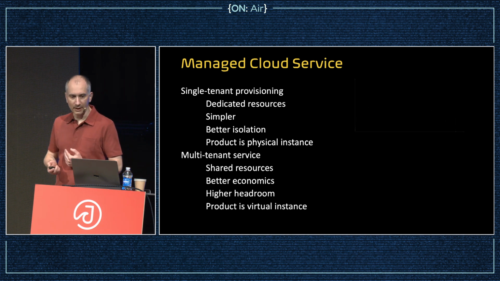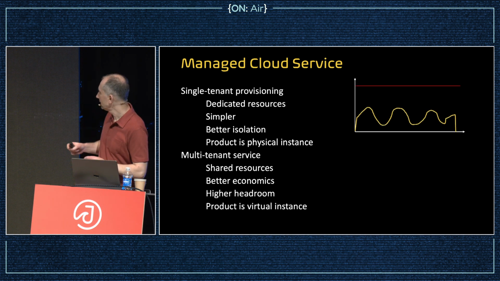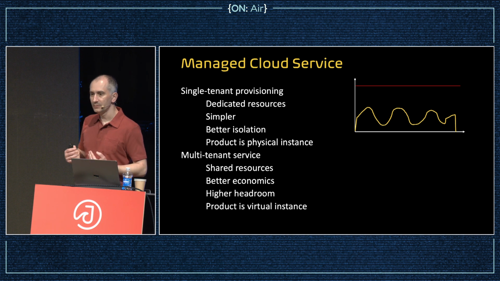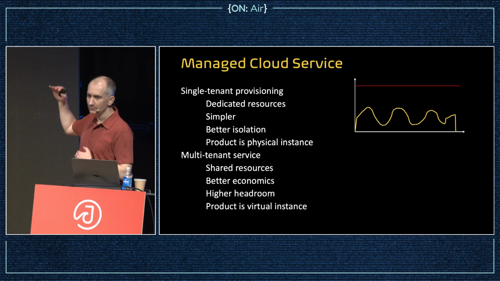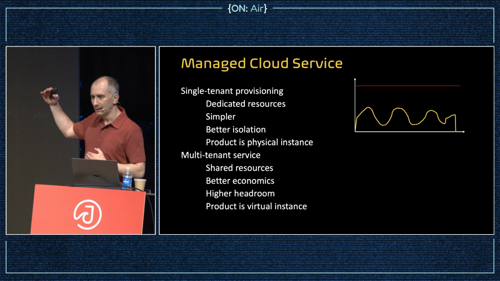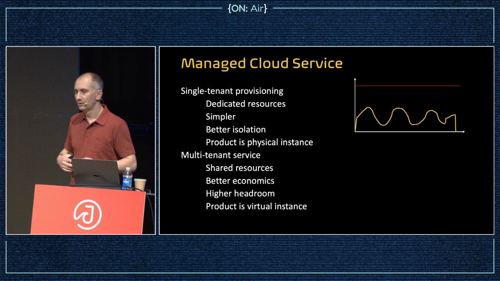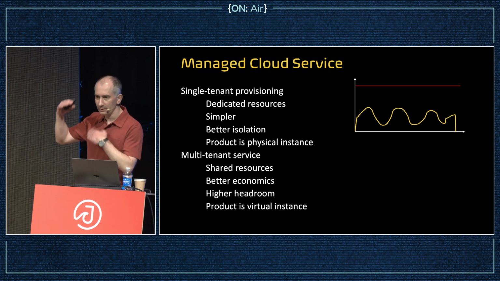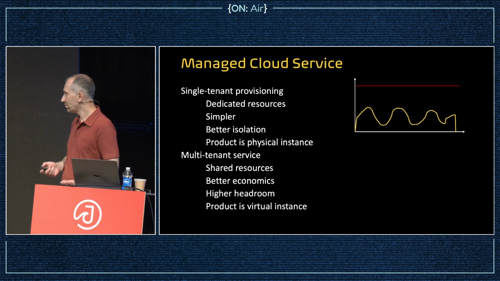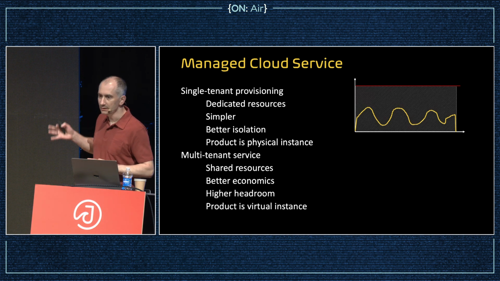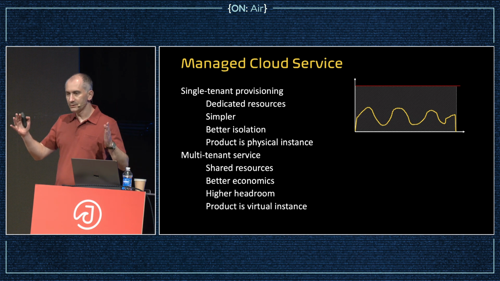So I'll explain why. If this is the graph of actual utilization, the yellow line of the customer using the resource, the infrastructure needs to be provisioned for higher than that. The red line is where they need to have capacity to spike if they have a flood of traffic suddenly, or a bug. You need to have this room for the traffic to be able to jump to. And they have to pay for all of this. The shaded area is what they pay for the whole time, whether they use it or not,